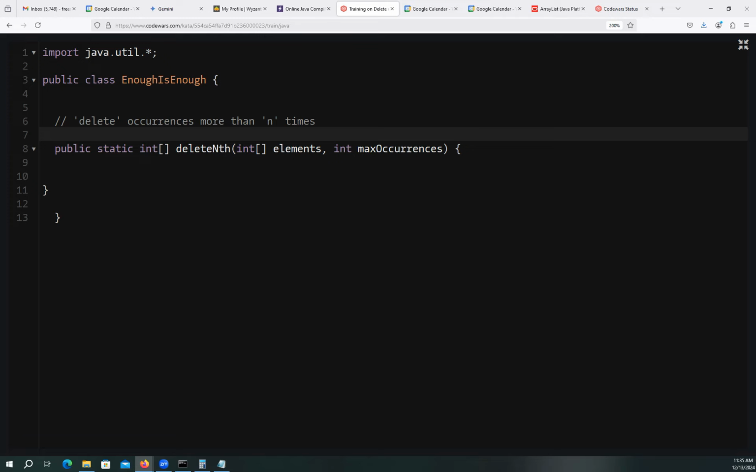Yeah. And here in this method, n is actually this integer max occurrences. Elements is going to be the array that you get with the values. Max occurrences will be n, which will be the threshold of the maximum number of occurrences of each value. So,